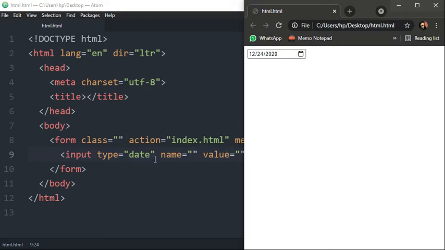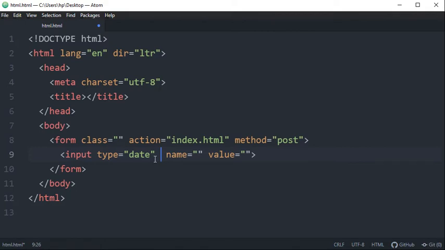One more thing you can do here is define minimum and maximum value. For example, I don't want user to enter date and I want to select a minimum range. So the format of entering minimum and maximum date range is, first of all, year. I don't want user to go below 2020, December 2020, and 22nd.